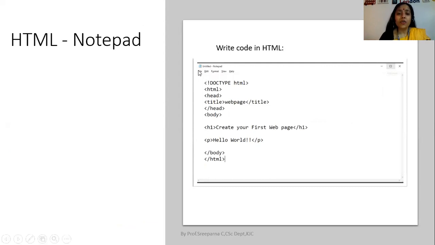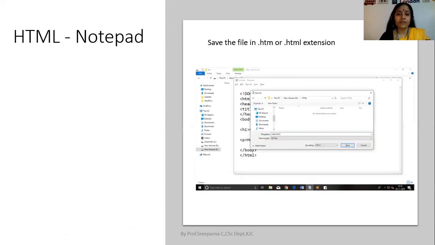Now, go to the file here on top left and click on File. After you click on File, you will get a pop-up window like this. There, under File Name, you can give the desired name .html. For example, if you want to name your HTML file test, you just write test.html.